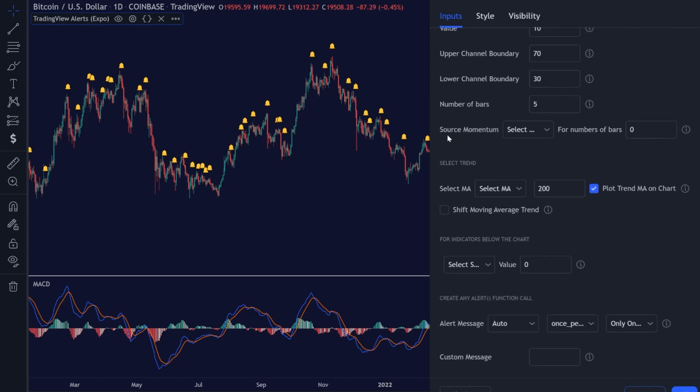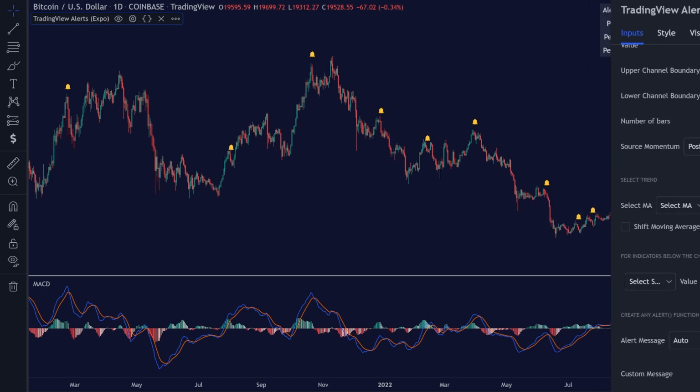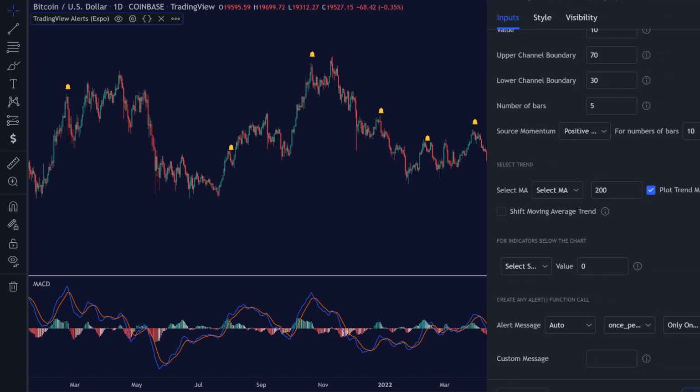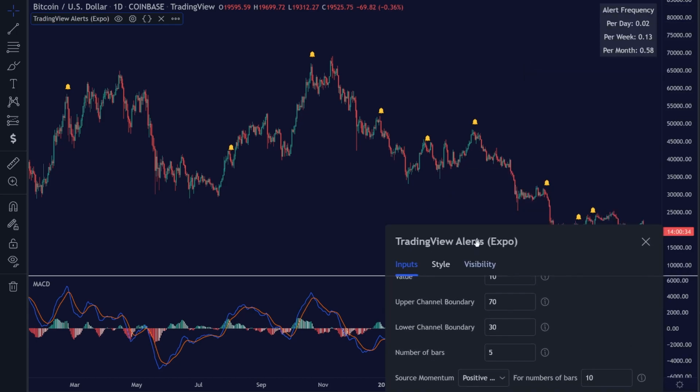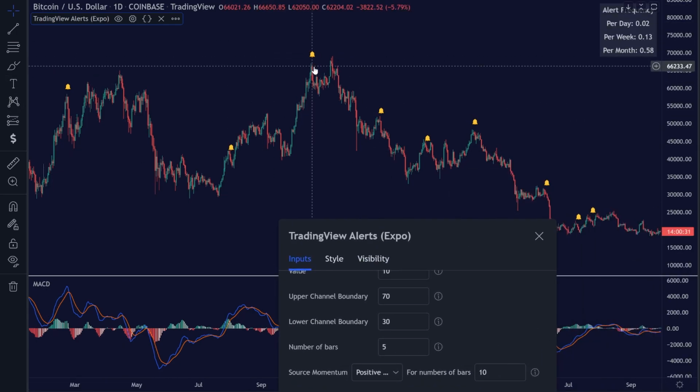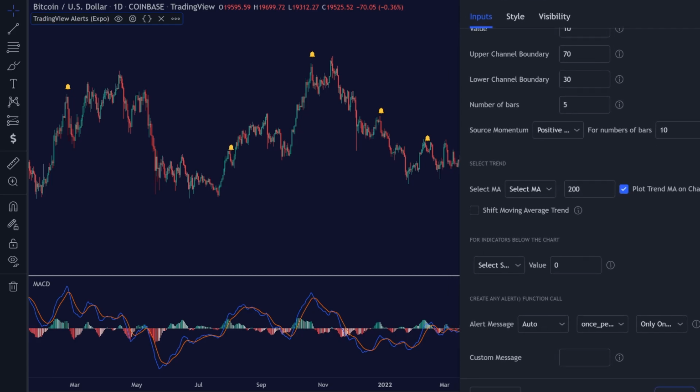So I go ahead and go to our source momentum, and I want to be alerted after a positive momentum move. So I go ahead and select positive momentum, and let's say we want a rapid and quite long momentum move. So I set it to at least 10 bars. There we go. Now we can see that we get many great alerts on the chart, and we can filter this even more to only get the most significant ones in this case, and we can do that by selecting